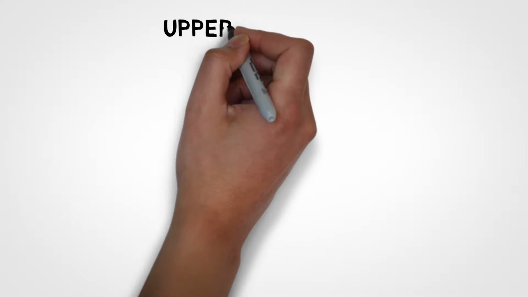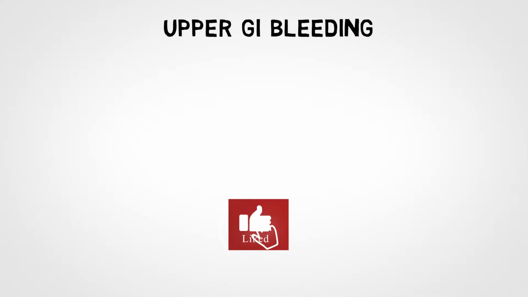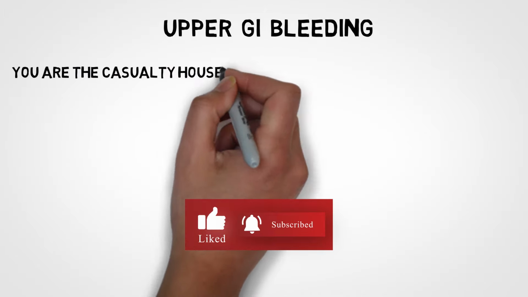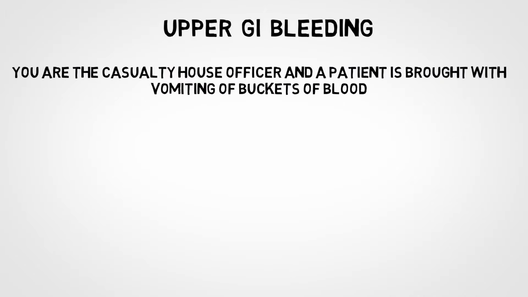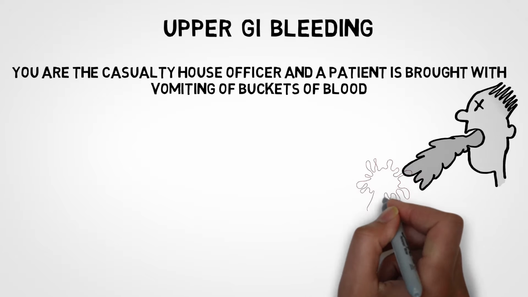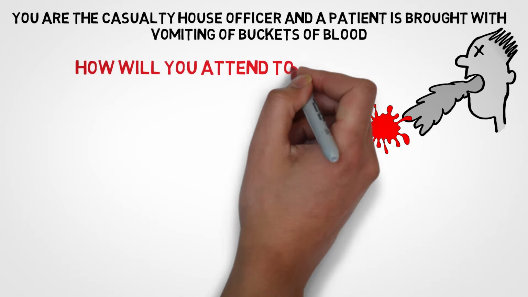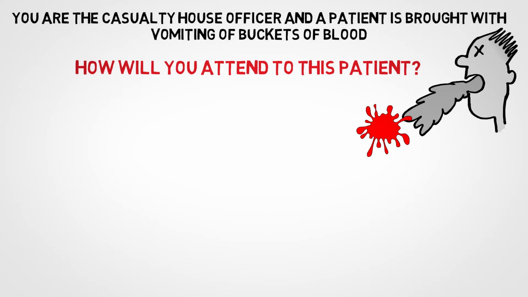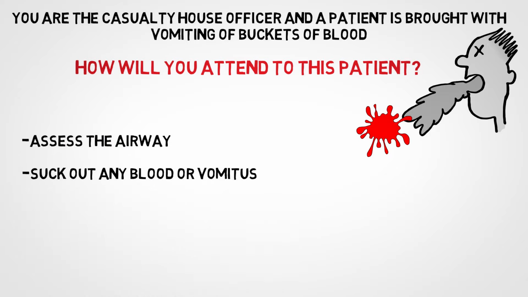In today's video, we will discuss upper GI bleeding. Imagine you are the casualty house officer and the patient is brought in vomiting buckets of blood. How will you attend to this patient? Well, first in line should be to assess the patient's airway, suck out any blood or vomitus in the mouth,